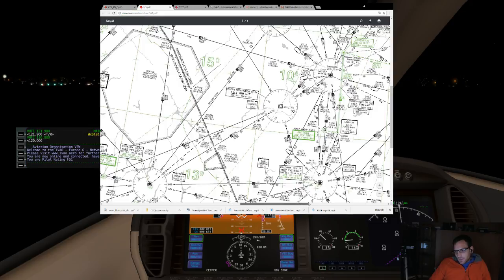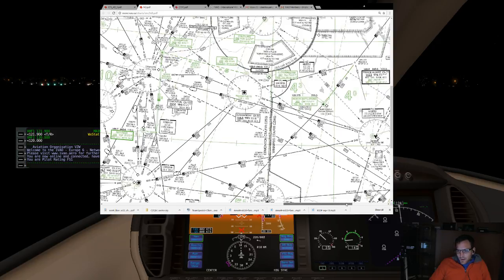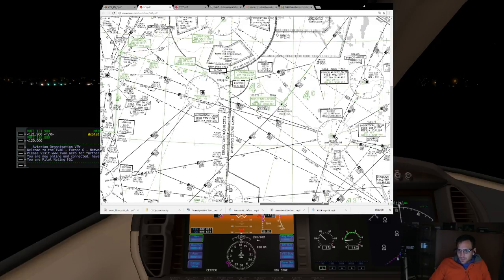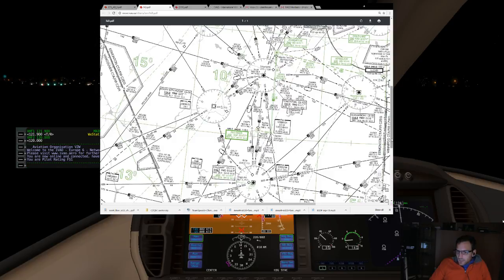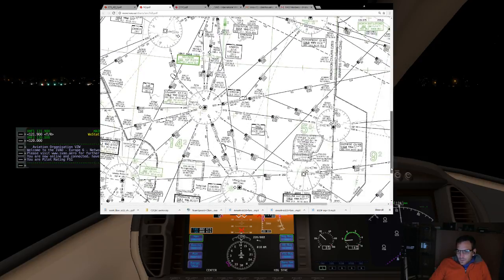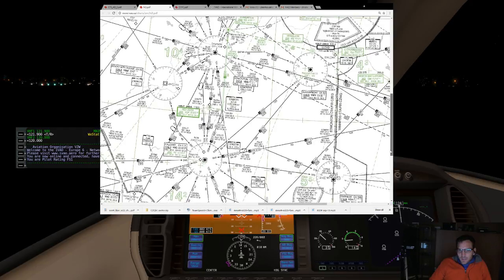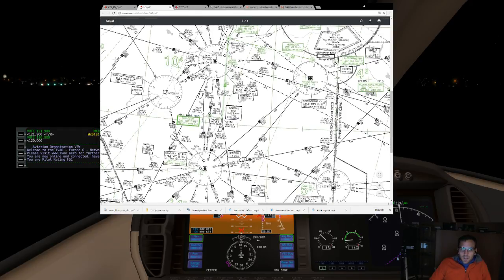My alternate is, because you actually have to file a flight plan using the simulator, so it's very realistic. What did I use for my alternate? I believe I used Medicine Hat. So Medicine Hat is my alternate. Okay, so that's